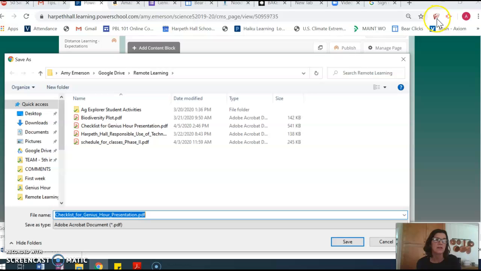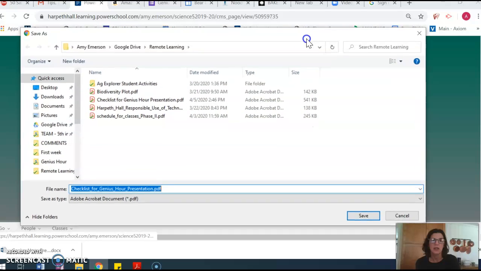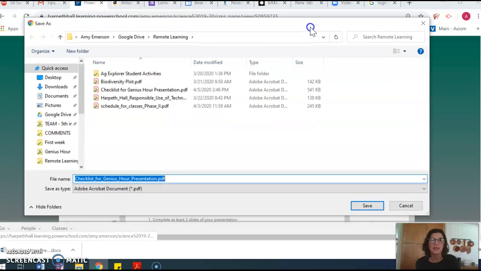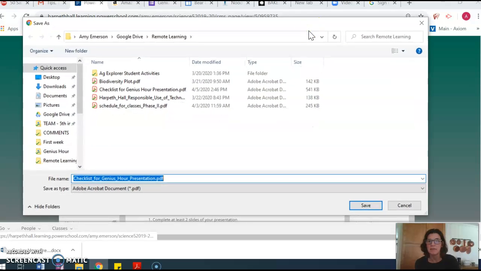So there's this little wing looking thing, and then next to it, if a pop-up is blocked, you'll have a little symbol that's popped up. If you click that, then it will give you a link that you can click, and it will open the blocked file. Once that pop-up is open, you'll see the file name, and this is a PDF file, and then